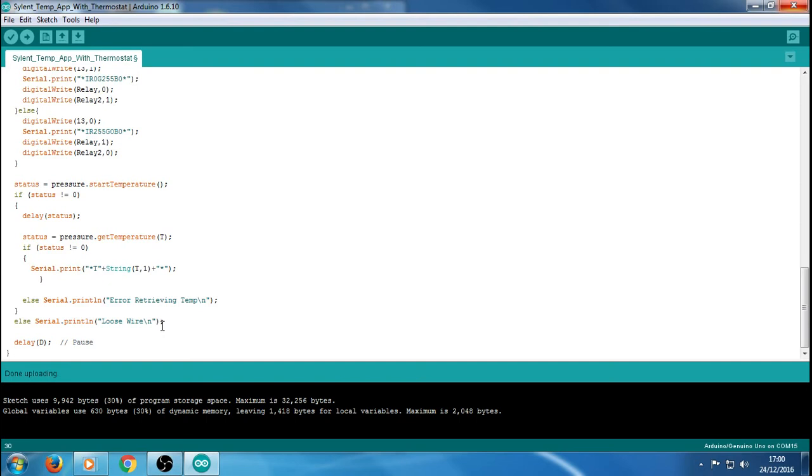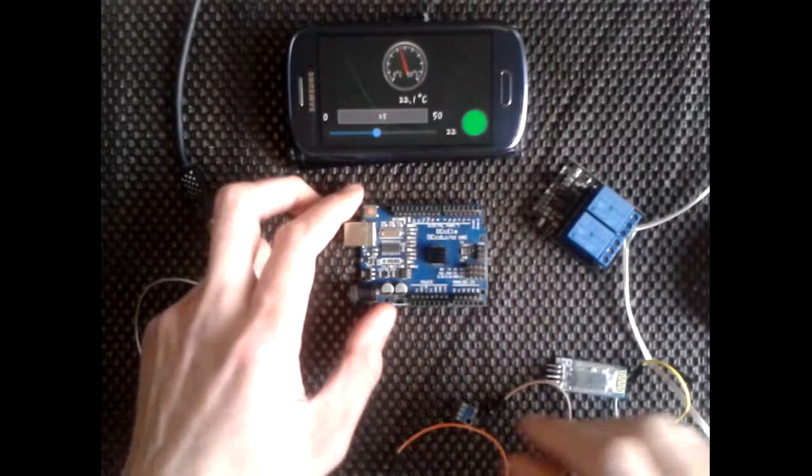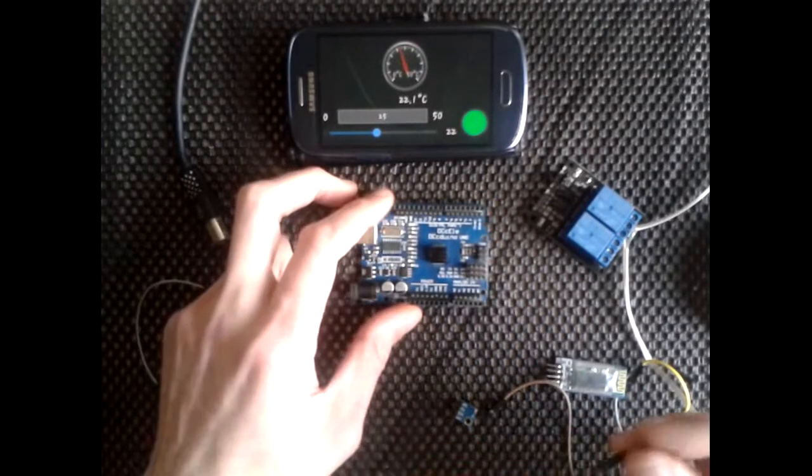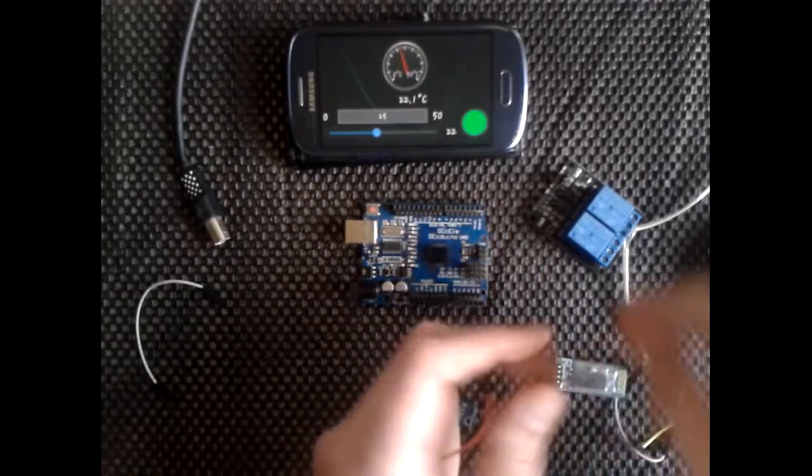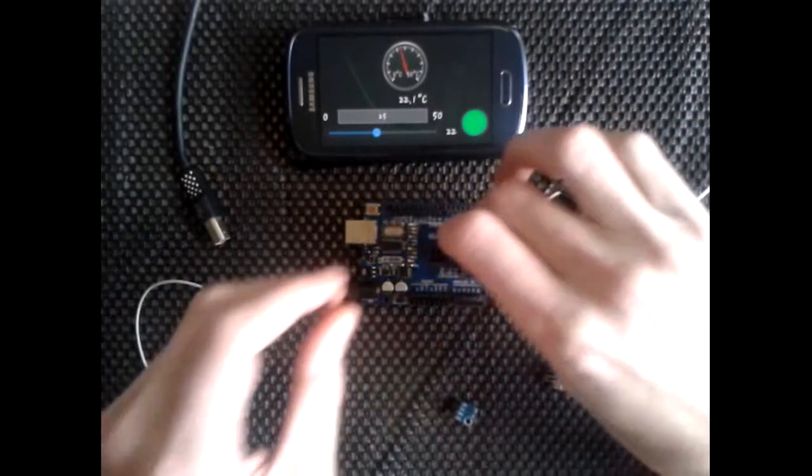Yeah. So what I'll do now is I'll pull all the wires off of this and I'll show you how to build it and wire it all up together. Okay, so here we are all pulled apart. So what we'll do first is we'll connect up the relay. So obviously your ground, that's to go to one of your ground pins,